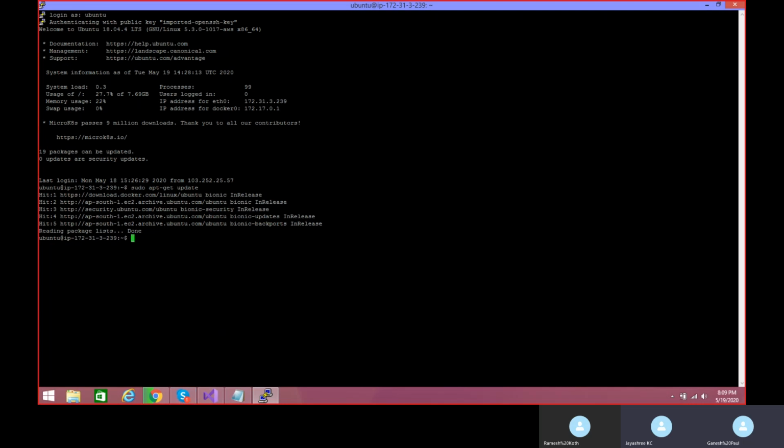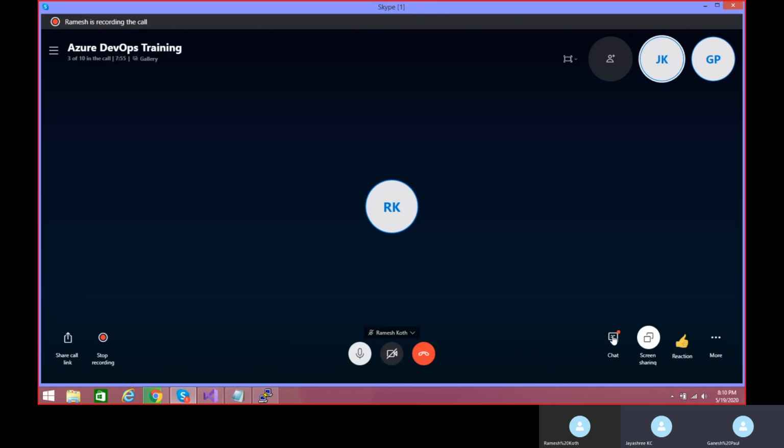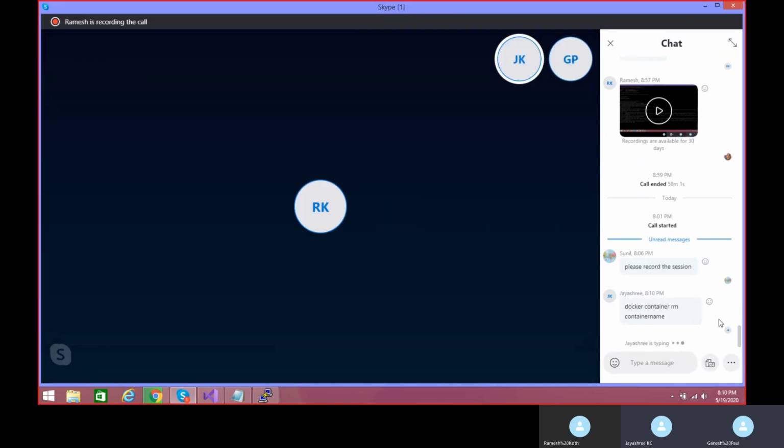Okay, so today we will be seeing, we have already seen how to stop the container. But before removing the container, as a best practice, go ahead and stop the container first and then remove it. Even if the container is still running, if you want to force stop, you can also use -f with the docker container rm command. I'm pinging you the command which will help you to remove the container. It's docker container rm and your container name or container ID.